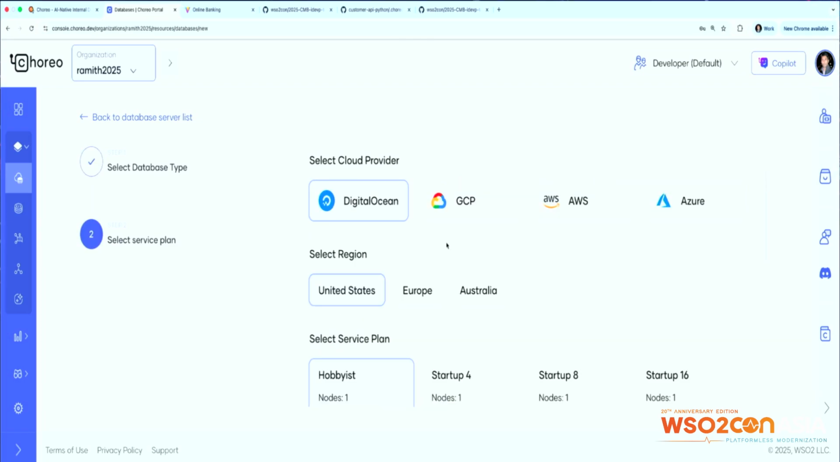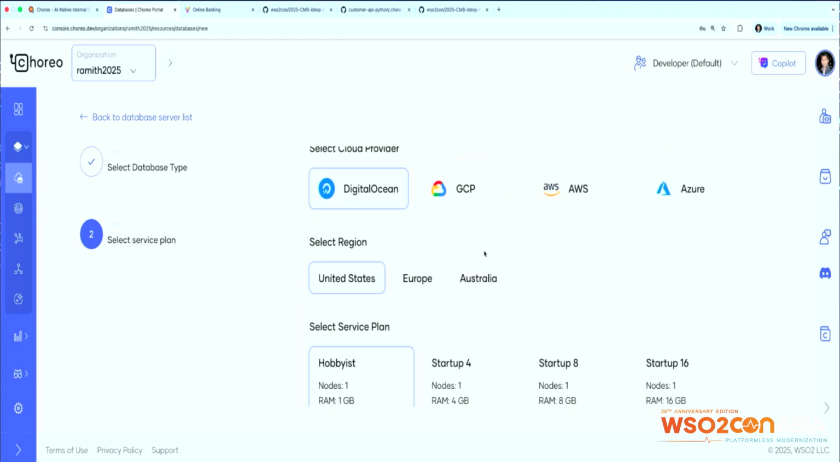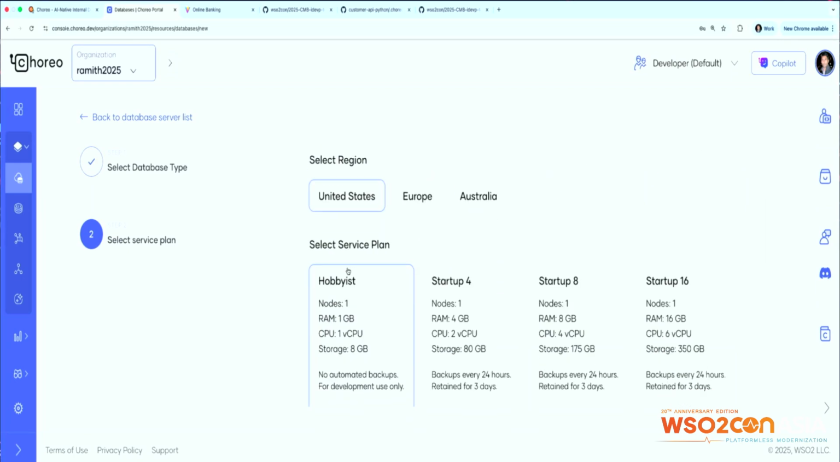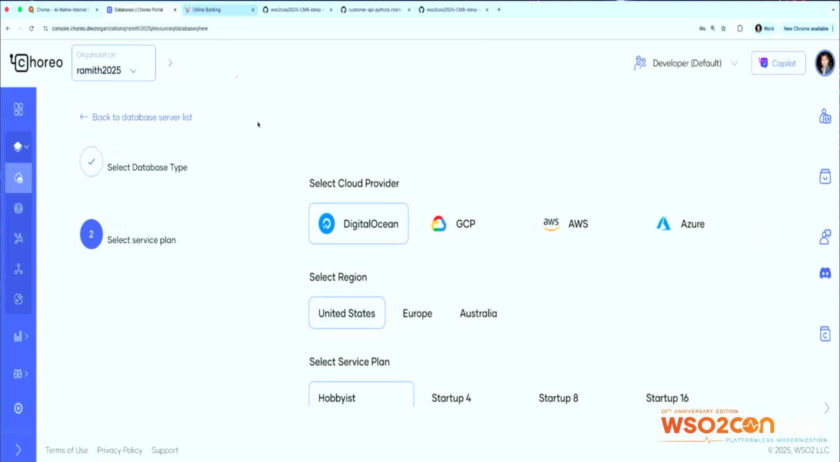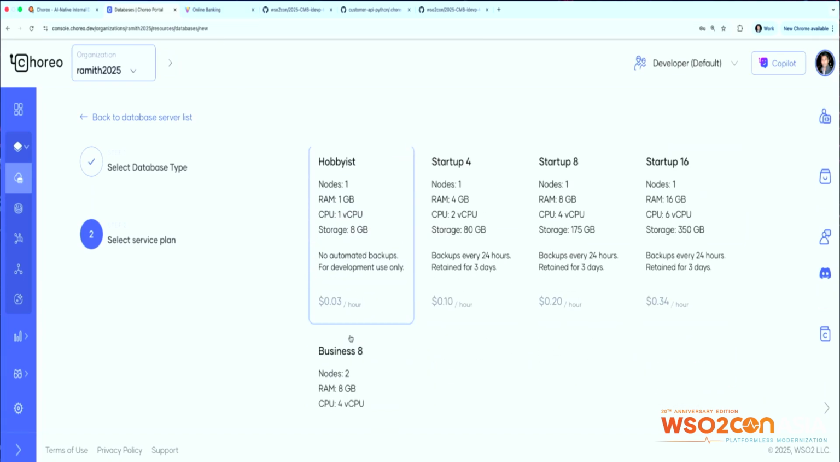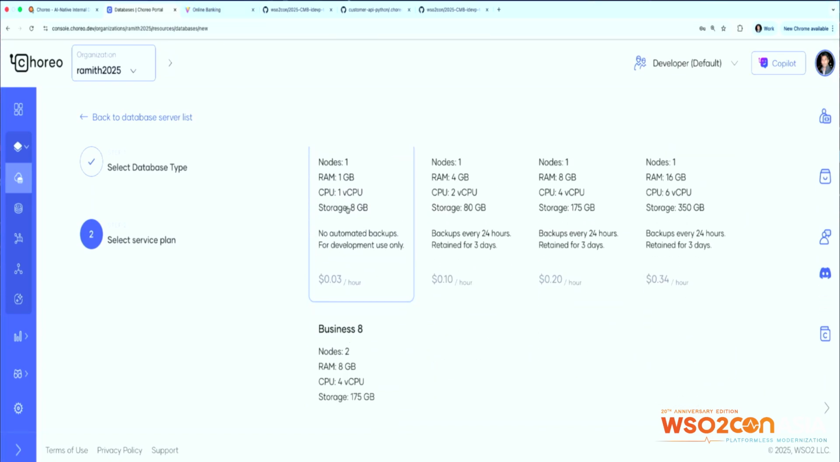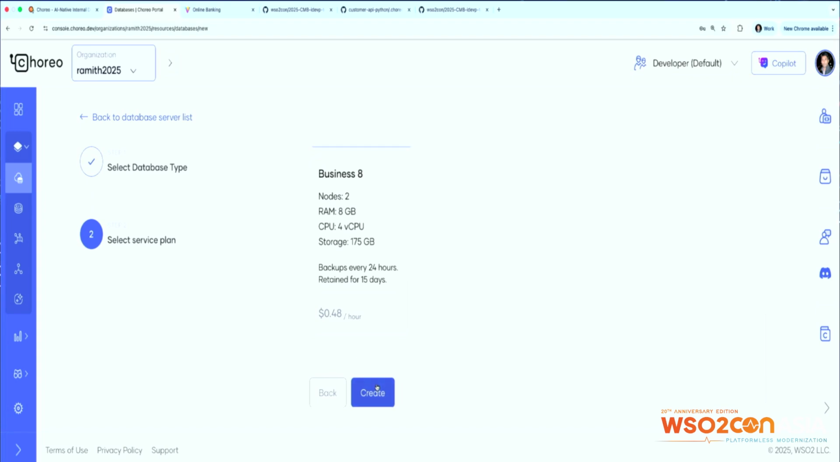Click on next, and it will let you select where you want to create this particular database. So I'm going to pick DigitalOcean, as the tutorial says, and select a service plan. This is basically the hardware spec, and with that, click on create. Now this particular piece will take a little bit of time